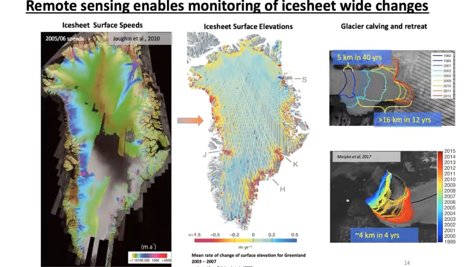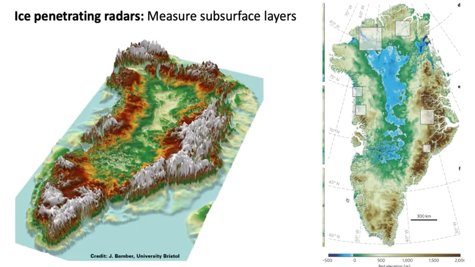I'm going to skip over this slide. We've talked about that enough. The other type of radar that we have is called an ice penetrating radar. And this is a way to actually look through the ice sheet to the bottom, to the bedrock beneath it, right? The rock surface underneath the ice sheet. So if you were to think about the Greenland ice sheet, like the pictures that I just showed you, and magically remove the ice and just put it in the ocean, then this is what the underbelly of the ice sheet looks like. And this region here, like in the upper right, this blue area indicates areas that are